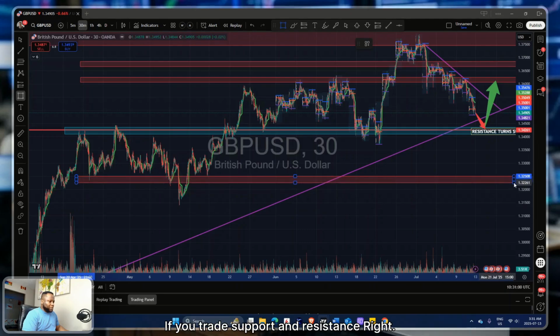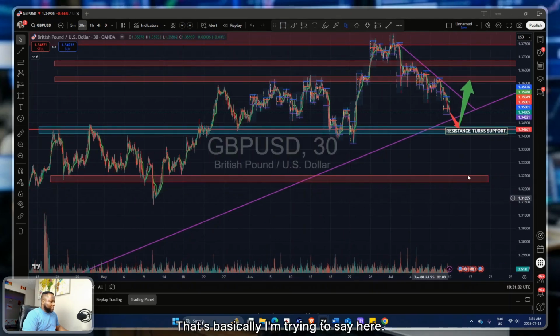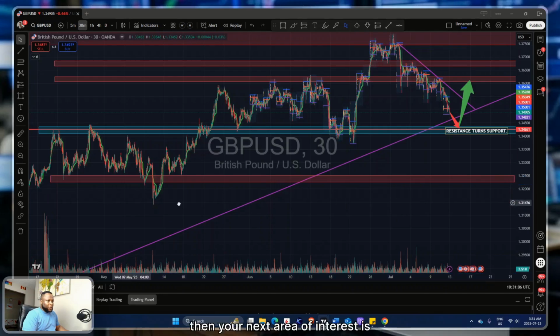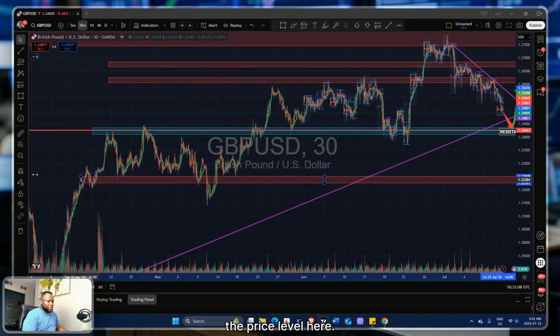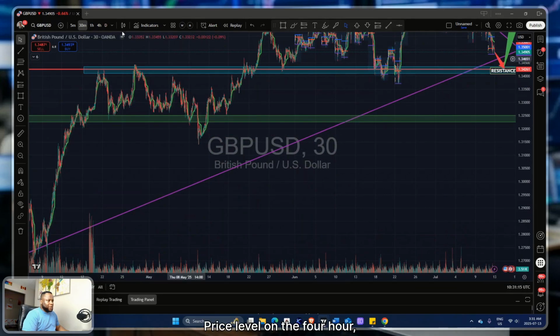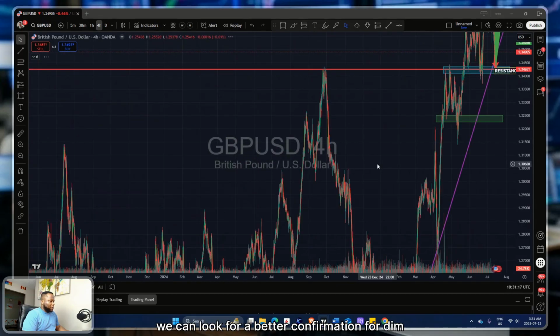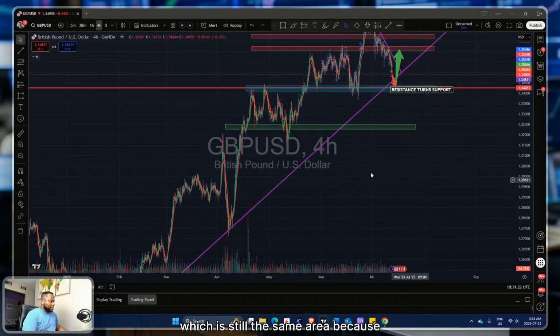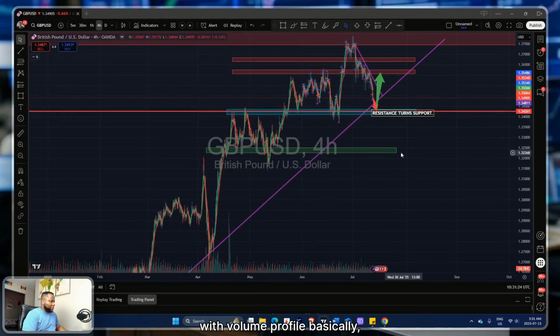If you trade support and resistance, that's basically what I'm trying to say here. If you trade support and resistance, then your next area of interest is on the price level here. On this price level, on the 4 hour, we can look for a better confirmation for demand and supply zones, which is still the same area, because with volume profile, basically,